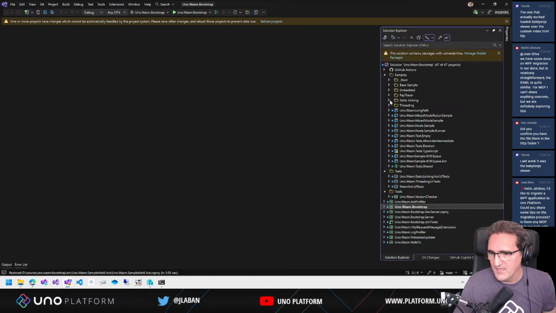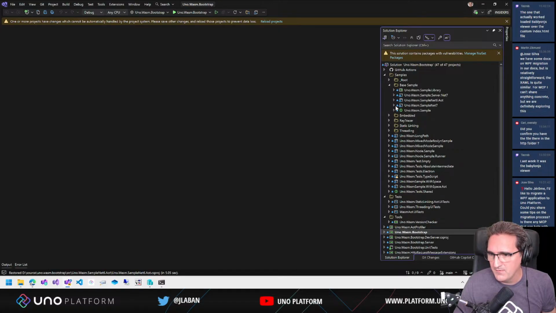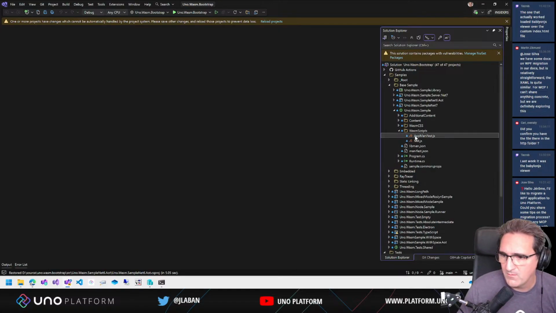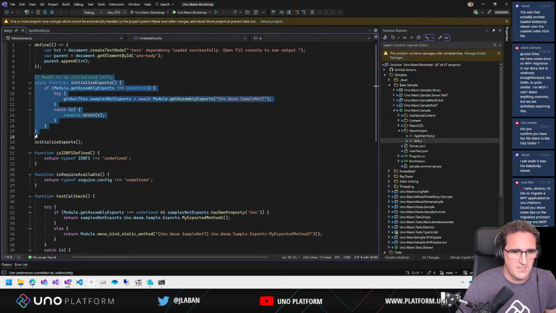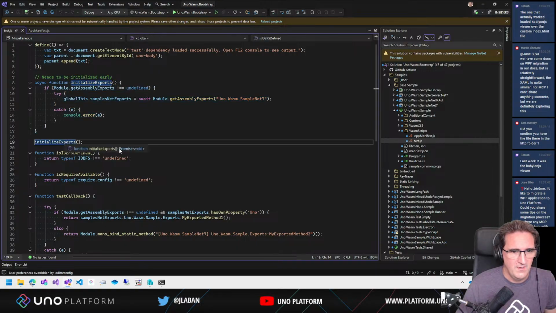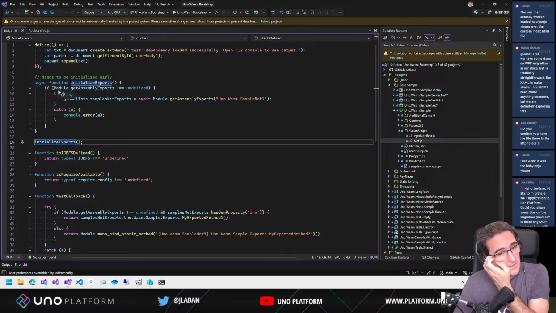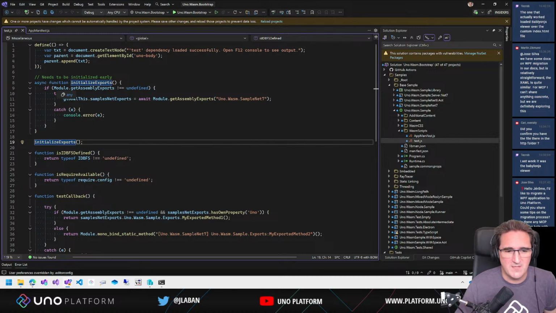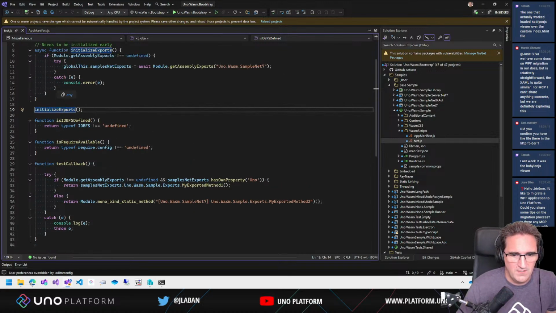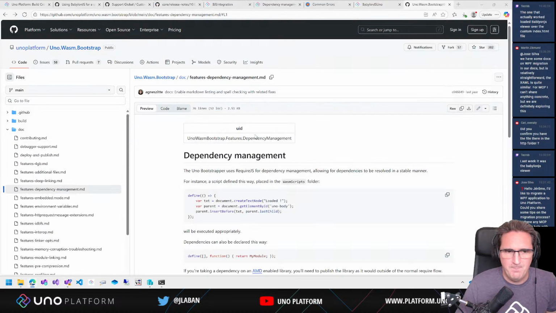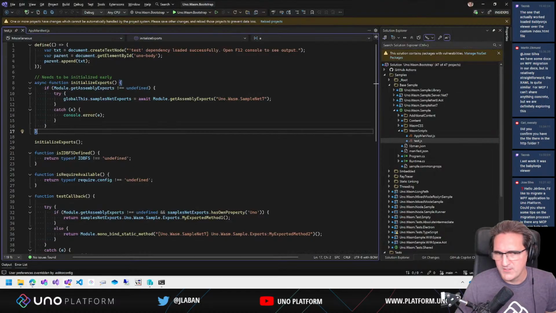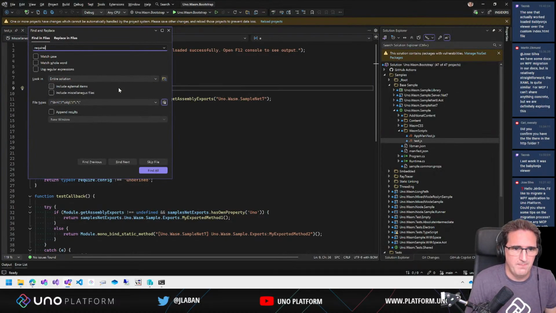So we have a few things in the base sample, so maybe that one can help. So we had a required JS with a test JS here. We have a define that does a few things. We have some exports there. We have the initialized exports with the module, but that one is the module for WebAssembly, so that's not what we want. So we have some export, but that one is part of another set of exports that are not interesting in that context. What else do we have? If we search for require,